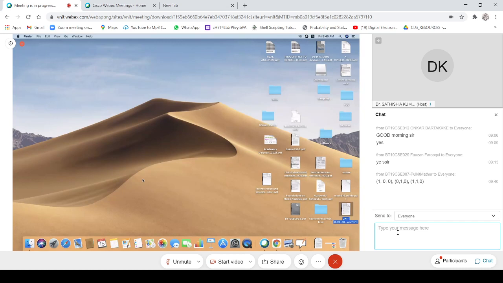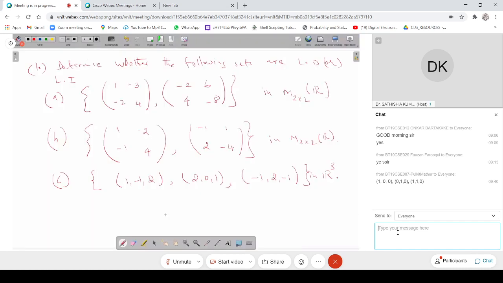For this case also you have to consider the linear combination only, and then the right hand side must be a 2 by 2 matrix of the form 0 0 0 0, that is the zero matrix. You need to consider it in terms of the matrix form, and see whether each entry of the constant multiples forms a 0 or not.